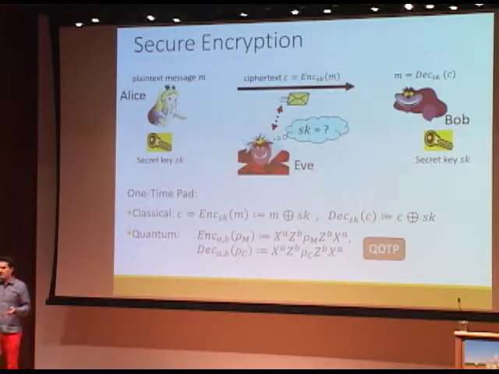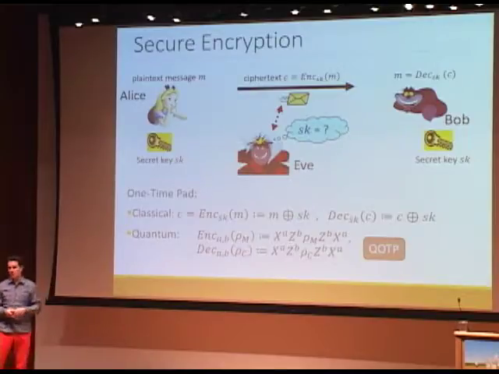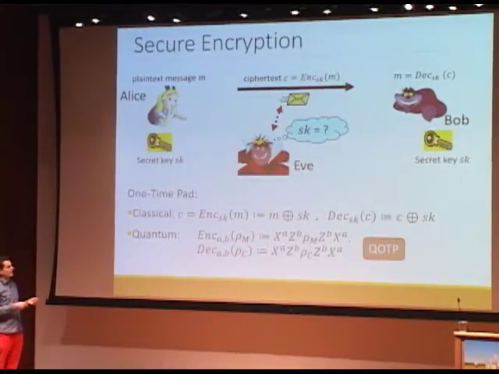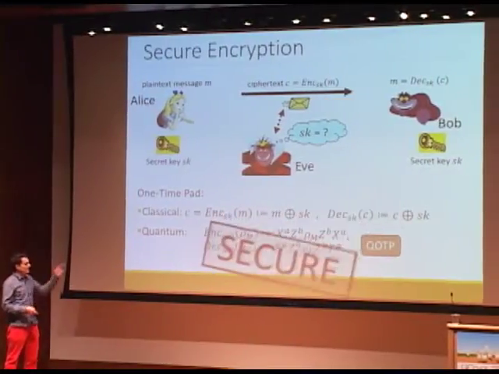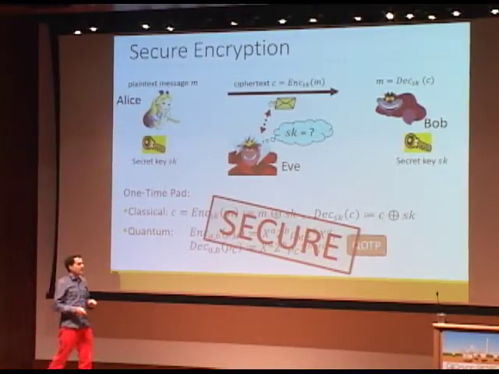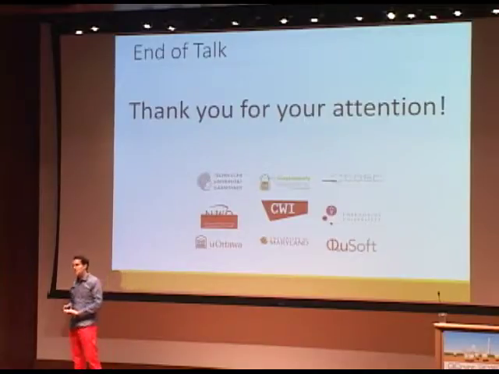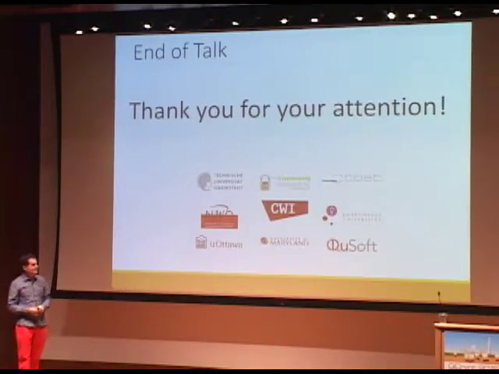Or there's also a quantum version of it that we've already seen called the quantum one-time pad. If you assume the message is just a single qubit, say, then you need two classical bits A and B that tell you whether you should apply a Pauli operation or not. And the decryption operation is also going to be exactly the same. And we all know that these two schemes are secure, and that's the end of my talk. Thank you very much. Now we can all go for lunch.